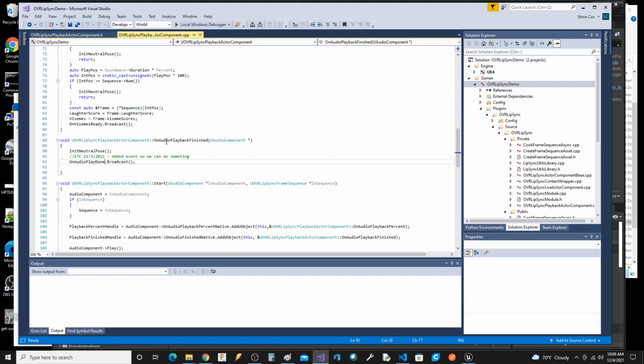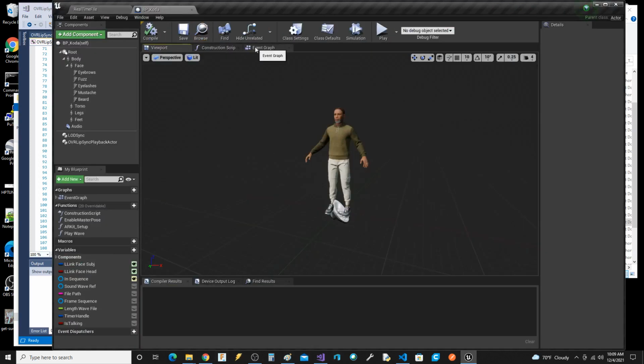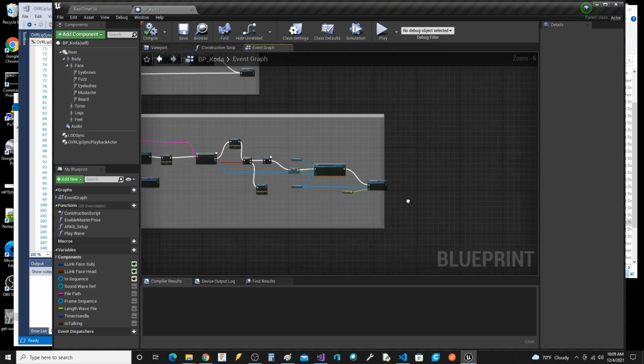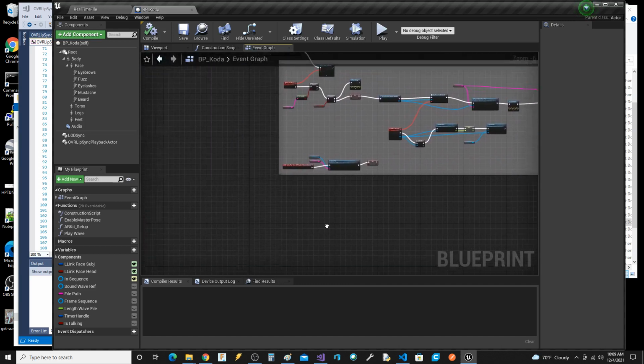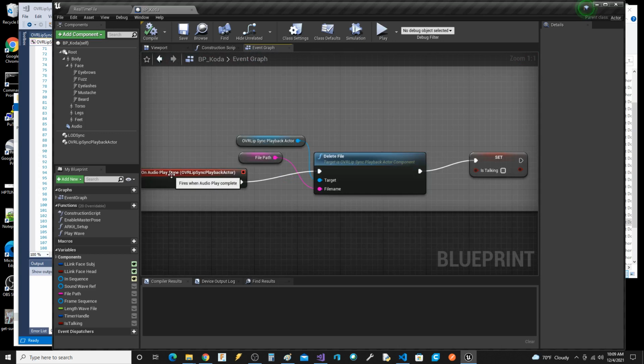And then I saw this audio playback finished, and I said, oh, great, let's fire an event. And that's what happens here. That's the event.